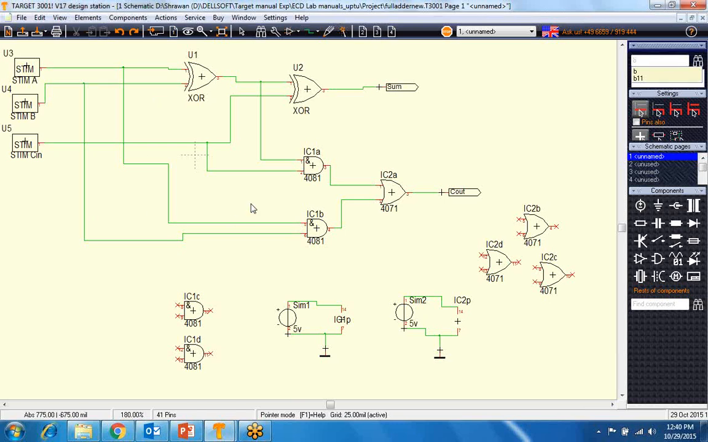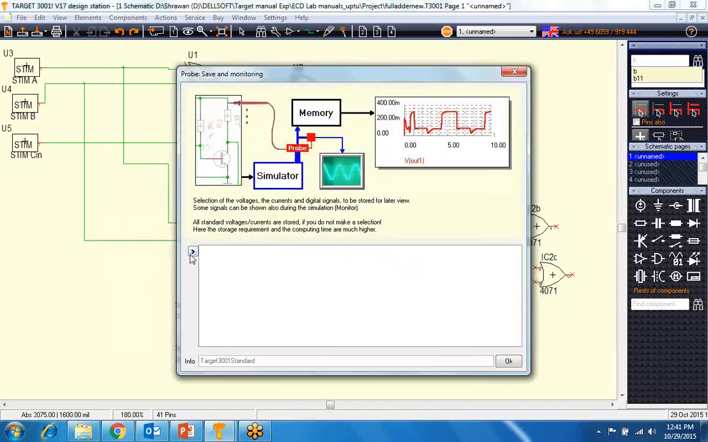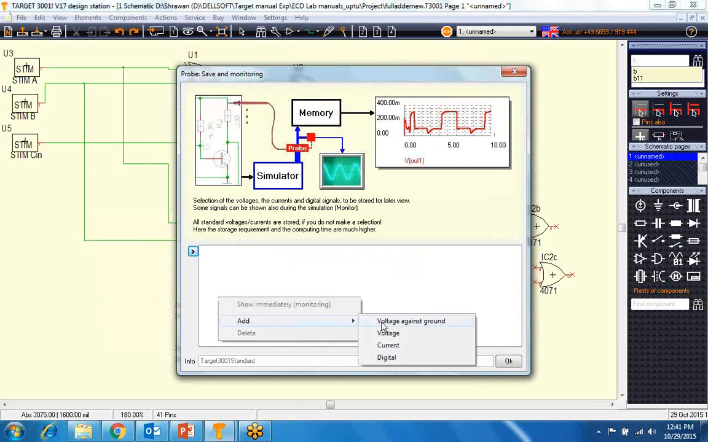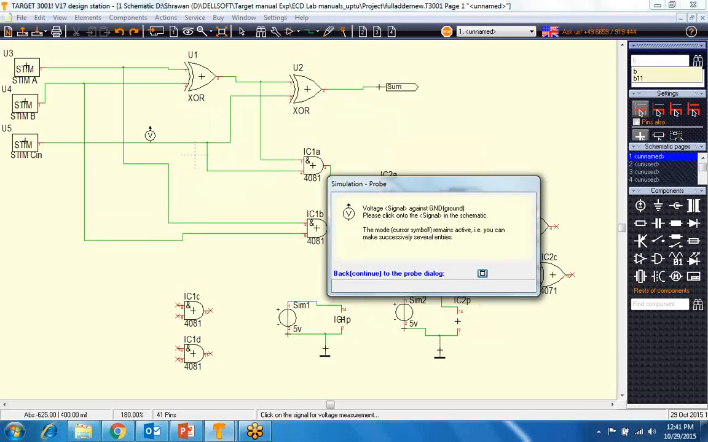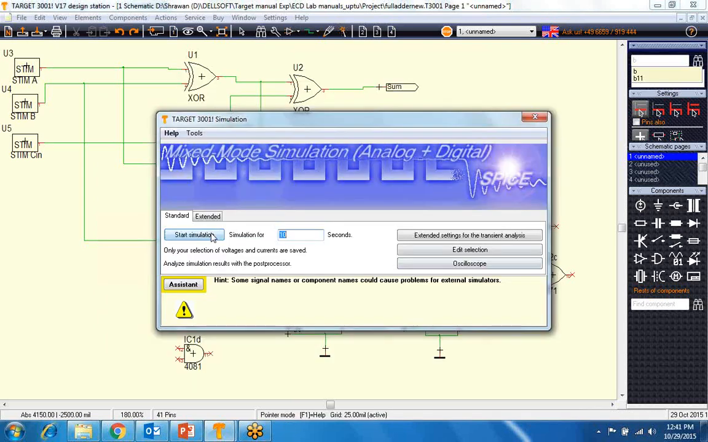Yeah, there is a probes option available, so that we can debug the circuit. If you want to see the voltage against ground, a voltmeter-like thing is attached to the mouse. We click on this V, and the signal VC in is added. So if VC in is added, if you click on this,